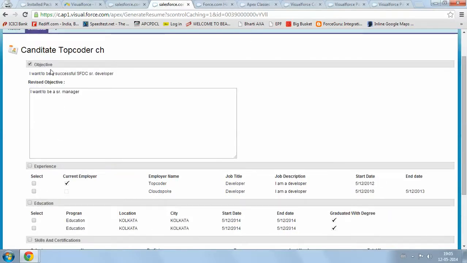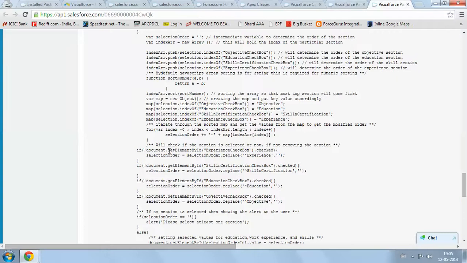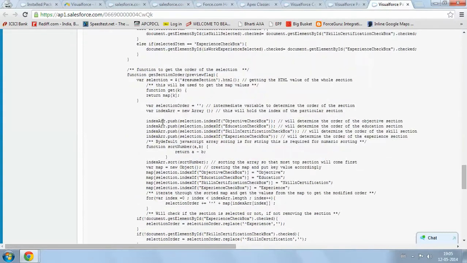It tries to get all the indexes in the string, which is the converted HTML of the sections, puts them into an index array, and sorts it. Once the sorting is complete, you get the topmost element at the zeroth position of that array.